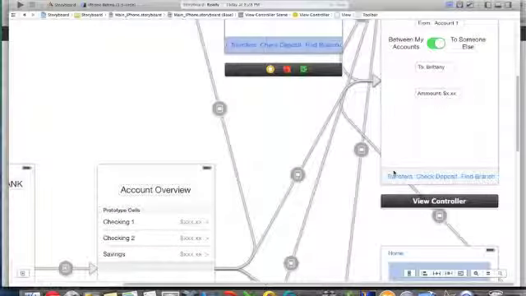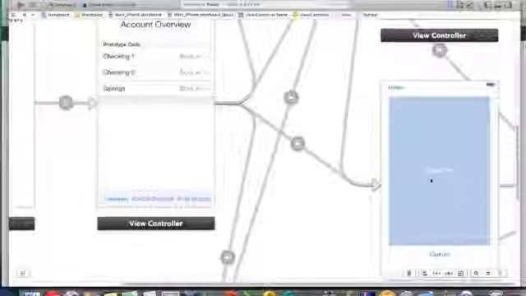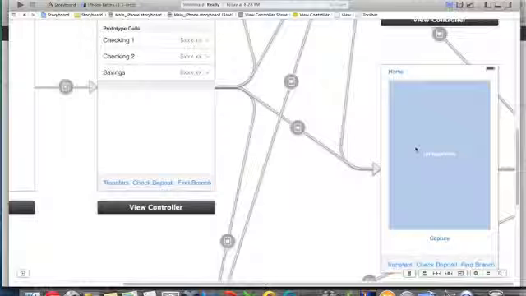We'd next move on to our check deposit. Now that's going to be utilizing a camera, so we've got it represented by an image view. This is going to be the screen that actually allows the camera to function properly. We do actually have the code for that, but again, just trying to mock up these screens here,